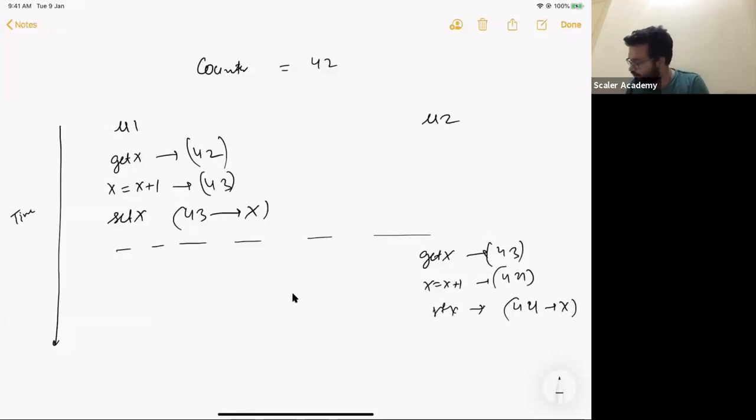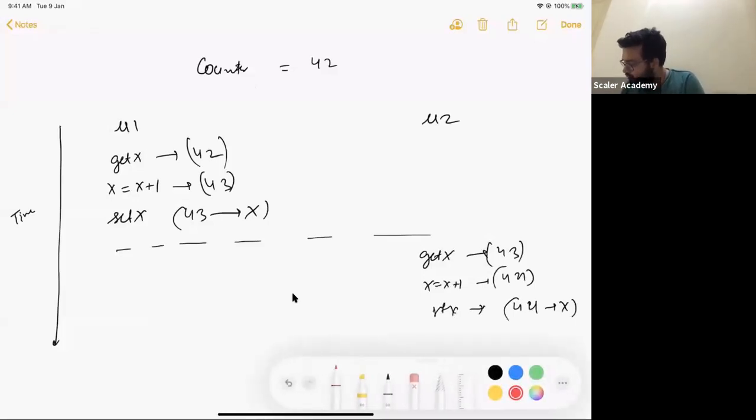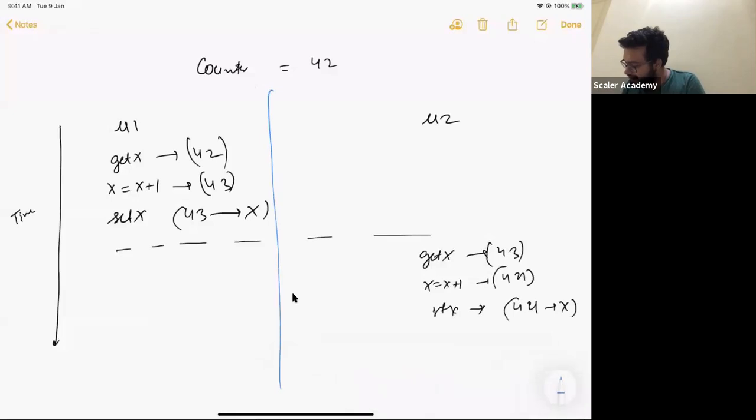Now let's assume something more real life. I mean, it won't be the case, right, that the other person waits for your work to finish and then comes back? So this will not be the case, right? In a real life scenario, when you have a big system where so many people are trying to access it at the same time, what will happen? So let's say user two's job starts actually executing at this time instant, at this particular clock.